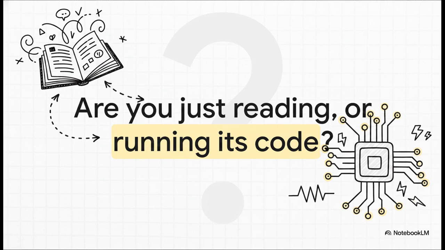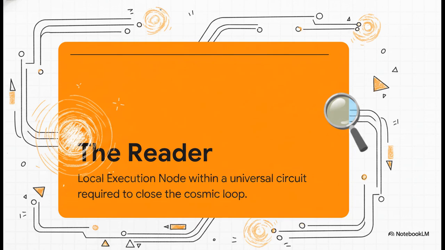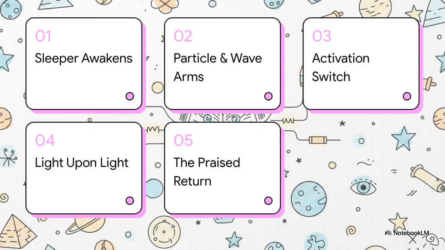This whole journey we're going on today isn't about distant historical figures. It's directly about you. In this framework, you're defined as the reader, and that's specifically tied to coordinate 363. But look, the reader isn't someone just sitting in a comfy chair skimming a book. You are a local execution node. You're the active, localized center required to actually close the cosmic loop. This incredibly dense topology we're about to explore relies on you acting as the ultimate key to executing the whole system.